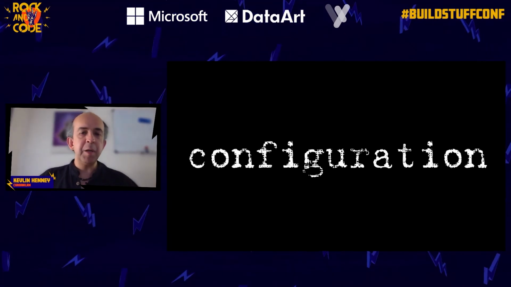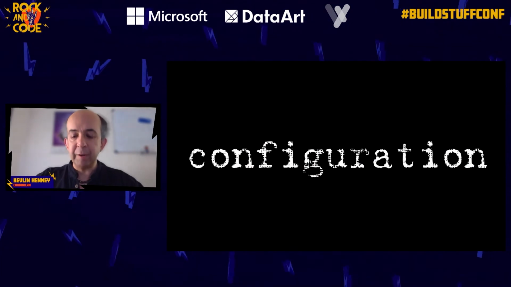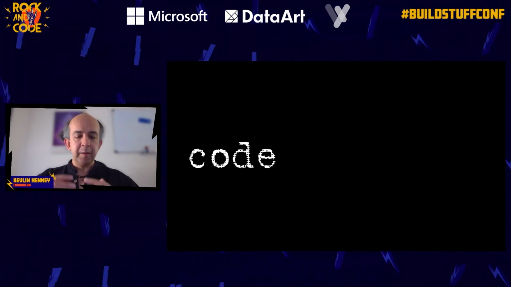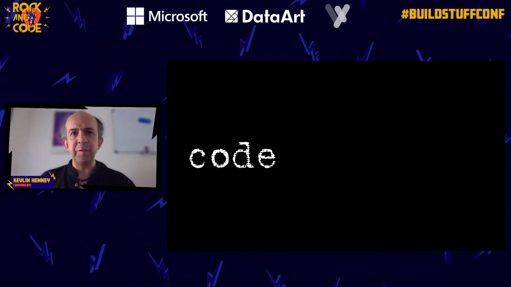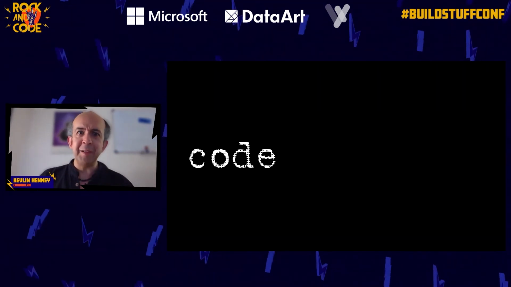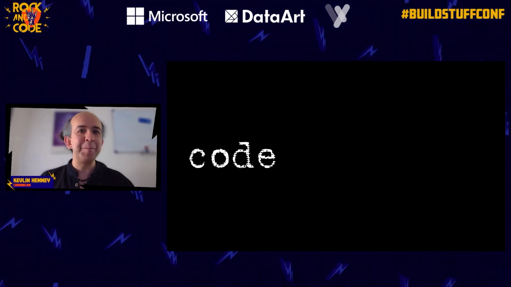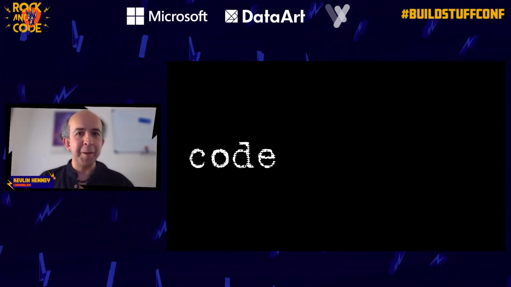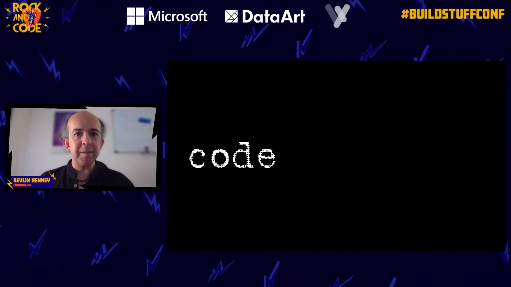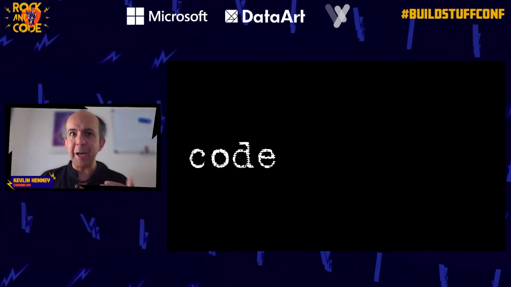So here's the blind spot people have. They think that configuration is not code, but it is. Configuration is code. I said this on Twitter a few months back, and some guy said, oh no, but I don't think it is. I don't care what you think. It doesn't matter. Your opinion on this one is not important. Configuration is code. If you are using JSON as configuration, that should kind of bring it home to you.